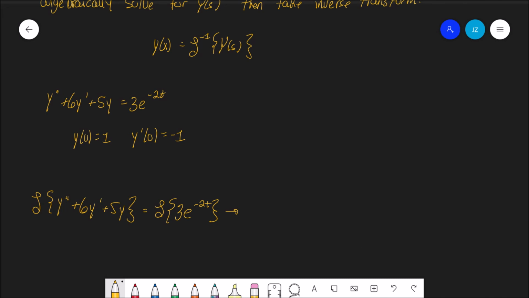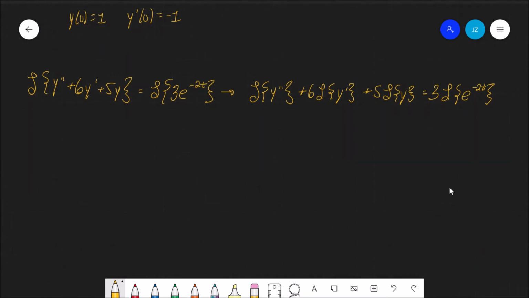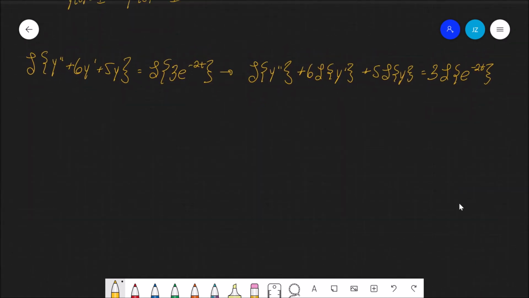This will give the Laplace transform of y double prime plus 6 times the Laplace transform of y prime plus 5 times the Laplace transform of y is equal to 3 times the Laplace transform of e to the negative 2t. Which becomes